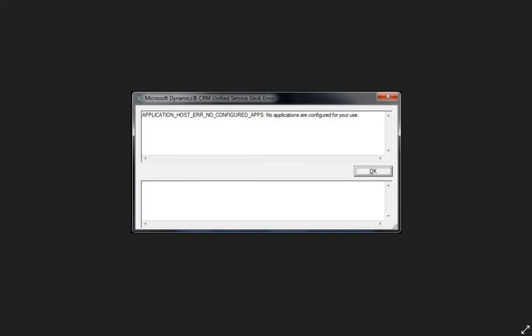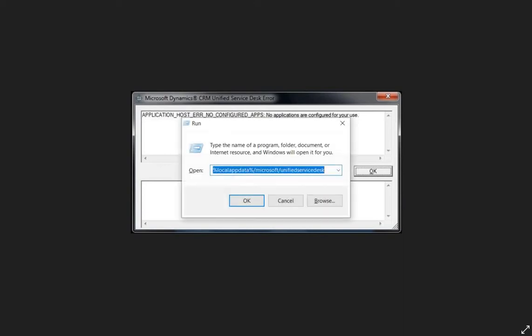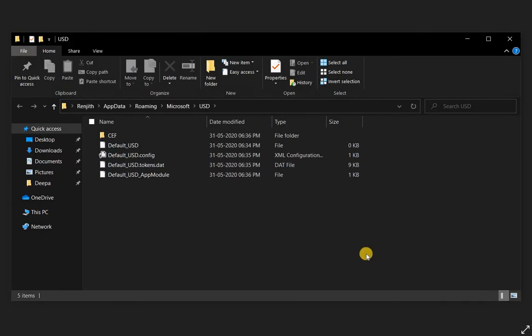Since none of these steps were working, I asked the end user to delete the USD local folder. You might be aware that when we run Unified Service Desk, it creates a folder in the app data, in the roaming profile for that user. It looks something like this, with the default files, and all the tokens, configurations, and default USD settings are captured in this local roaming folder.